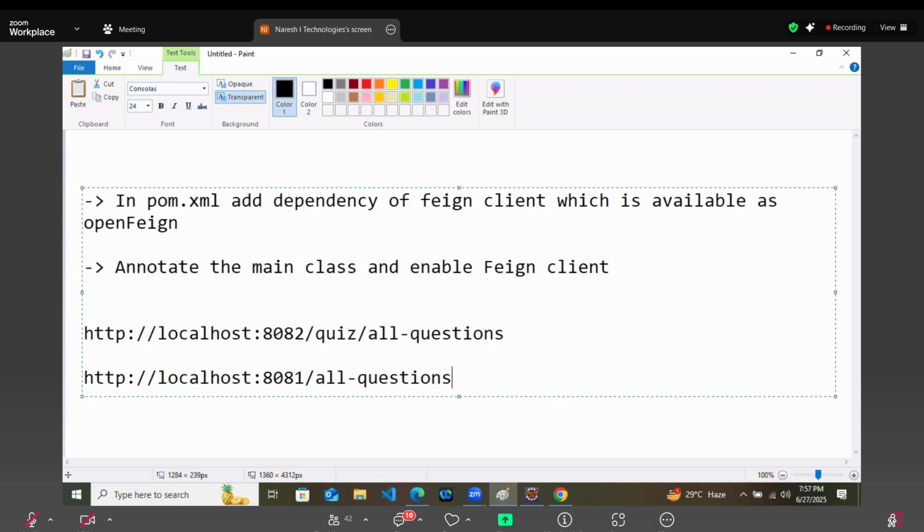But how are two localhosts talking with each other? So the answer is Feign client. Feign is taking data from 8081, giving it to 8082. So that is how two microservices talk with each other by using Feign client.